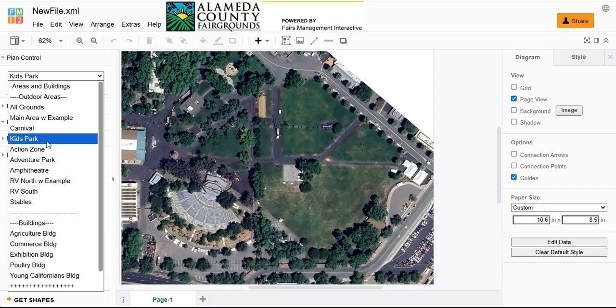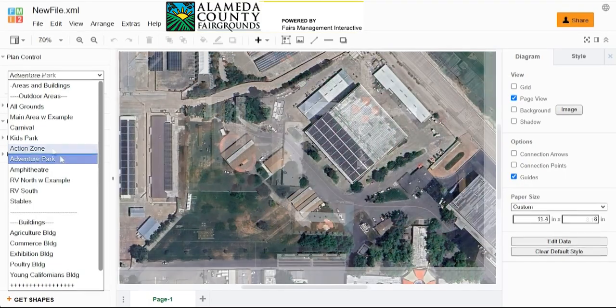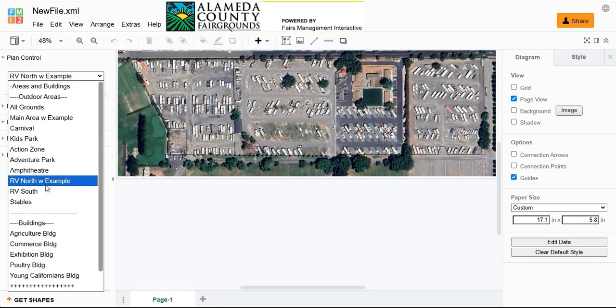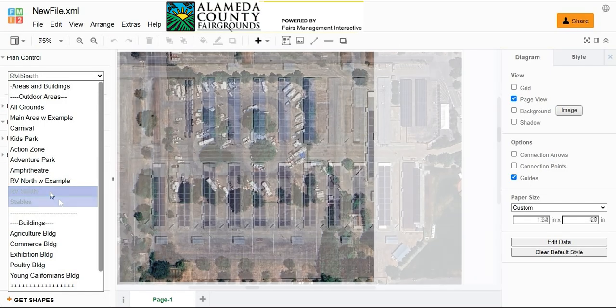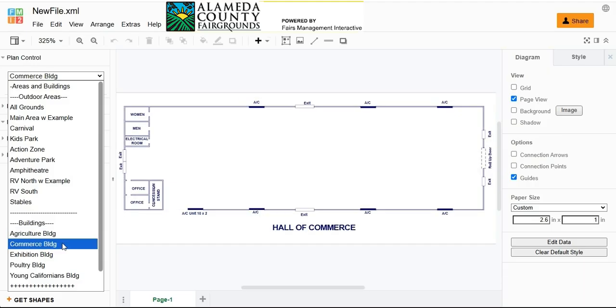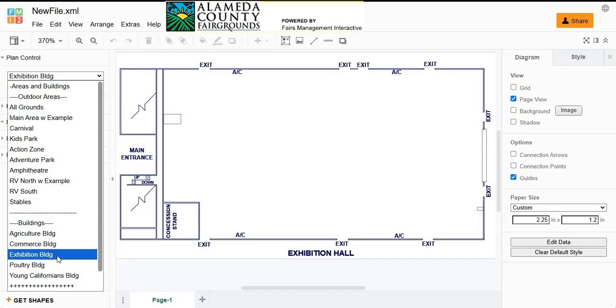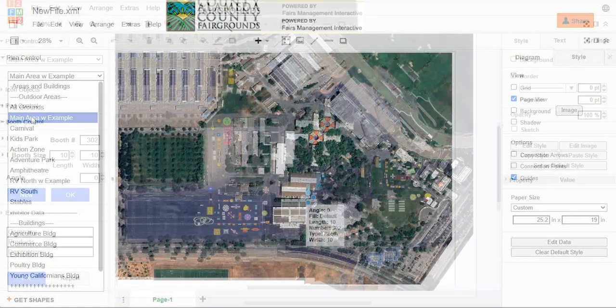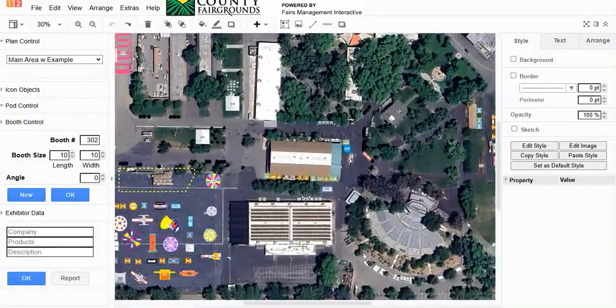And this is a quick tour of the Fairs MI site management tools for events and facilities, using the Alameda Fairgrounds. The planner comes with a custom collection of high-resolution, highly accurately scaled outdoor views with easy mouse-controlled navigation to zoom in and out and pan, as well as a complete set of building plans for your facilities, event halls, and